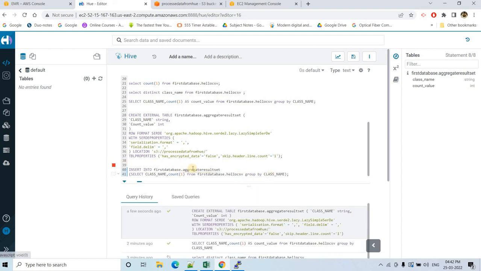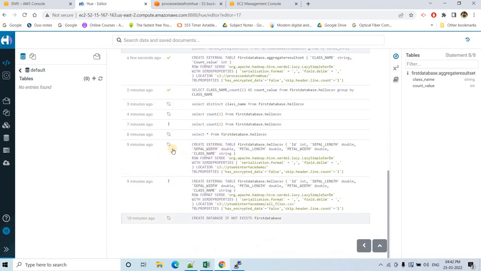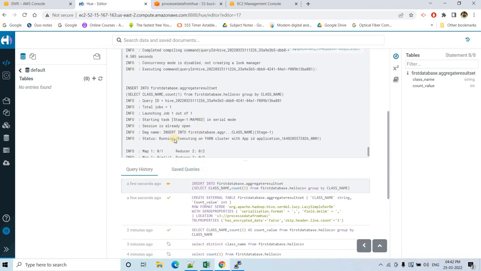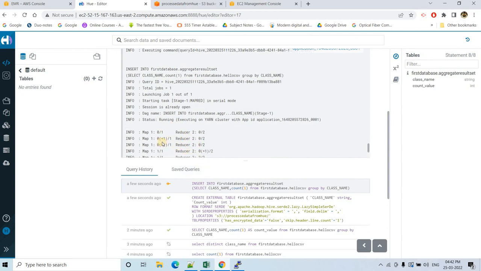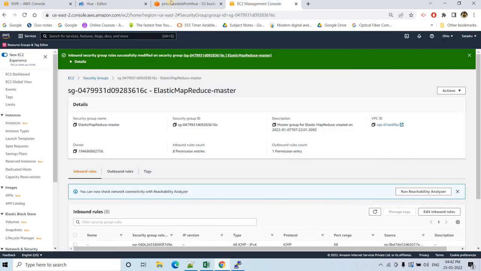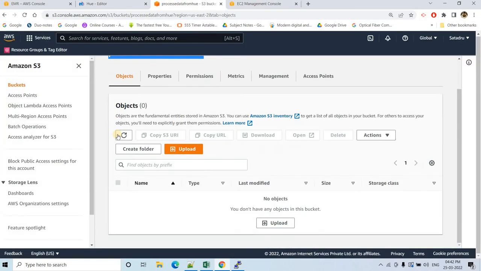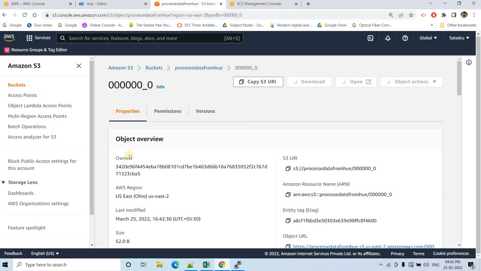Just whatever group by distinct we have seen, that result set only we are planning to store. So here you can see our MapReduce is started, MapReduce is running. It will insert the data in the S3 folder. See, it is successful. So if I go back to my S3 bucket and refresh this particular place, here see data is there. Okay, so if I click on that and then download the data,